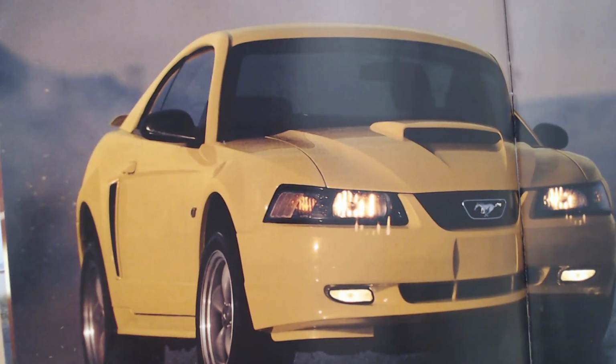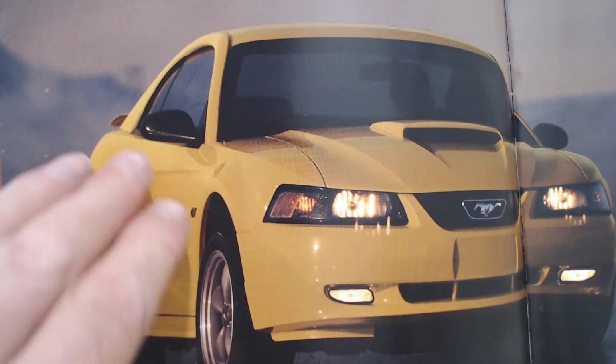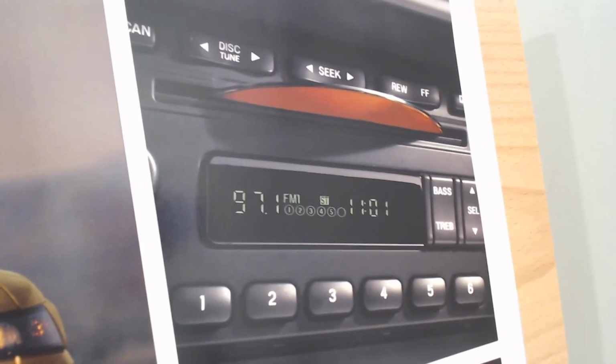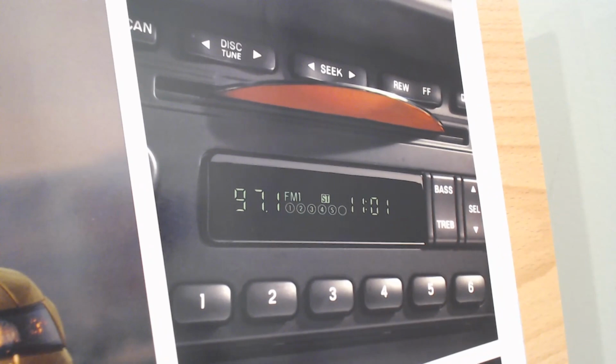There's all the wheels. Bit of that scoop for the GT models' V8, bit of a wing at the back there as well. Quite like the black mirrors with the yellow paint actually. And it's kind of showing some of the features there. So we've got a CD player,